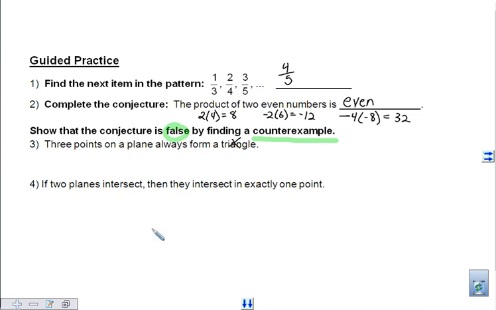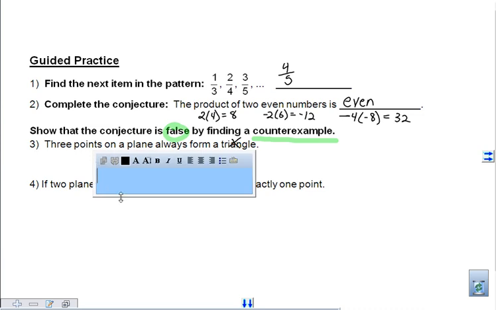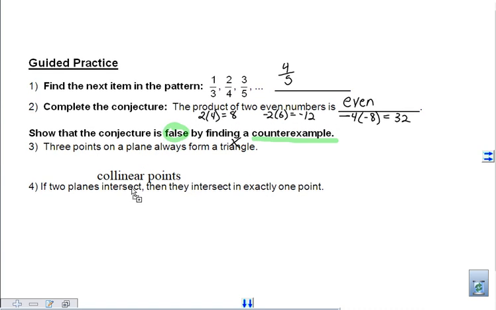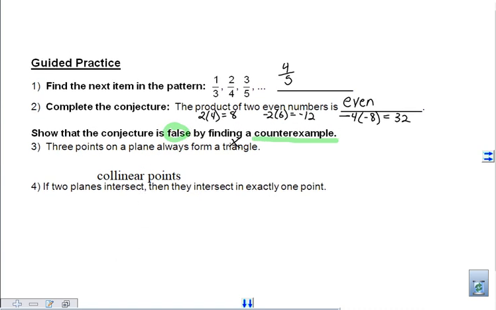What was it called? Collinear points. Are points that are on the same plane, 3 points that are on the same plane, but don't make a